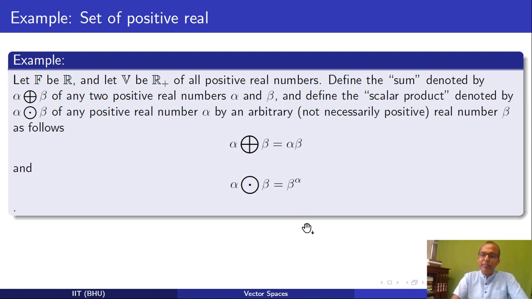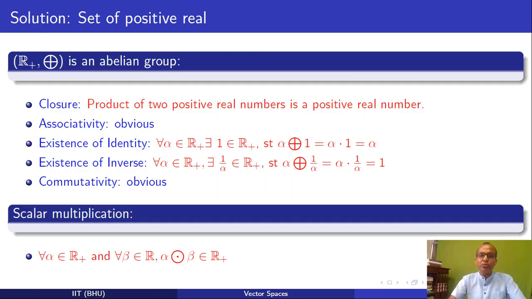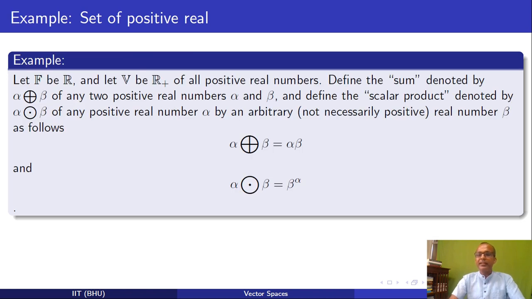Because -1, -2 and -3 is not going to lie there. Okay, due to that reason, now I have to change the operation, and you can see here that I have changed both operations, the multiplication operation as well as the addition operation. And if you define it in this way, it is possible to show that all properties of vector space are going to be satisfied.